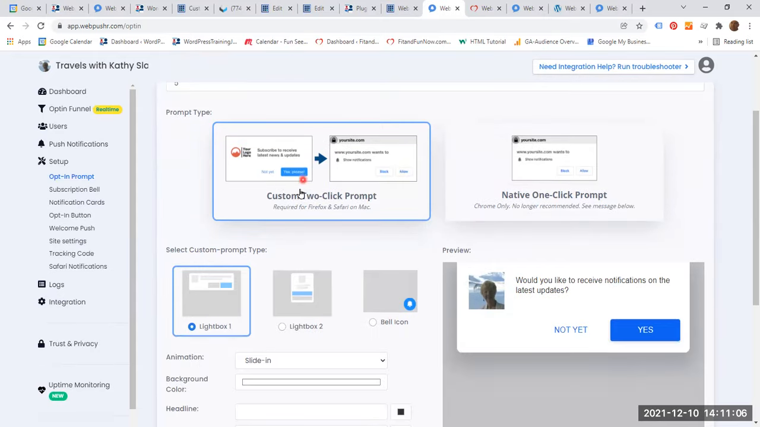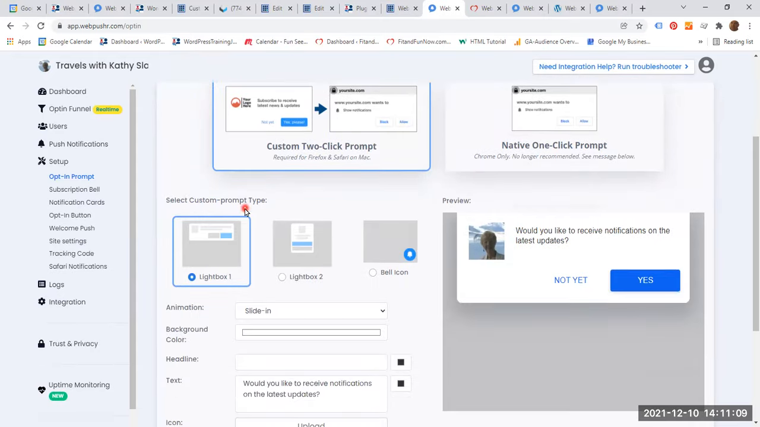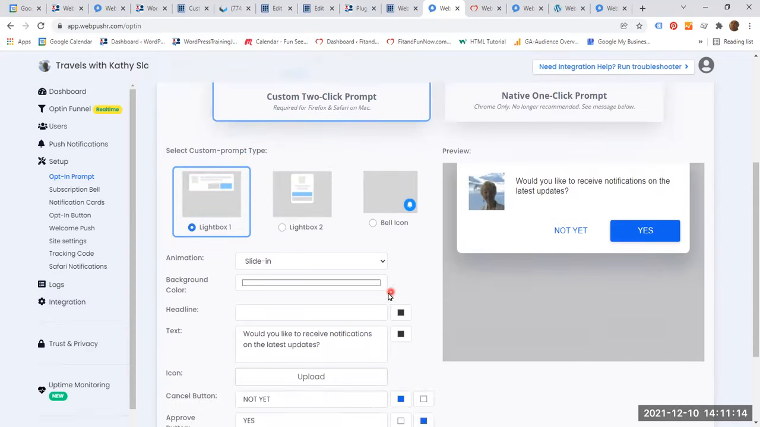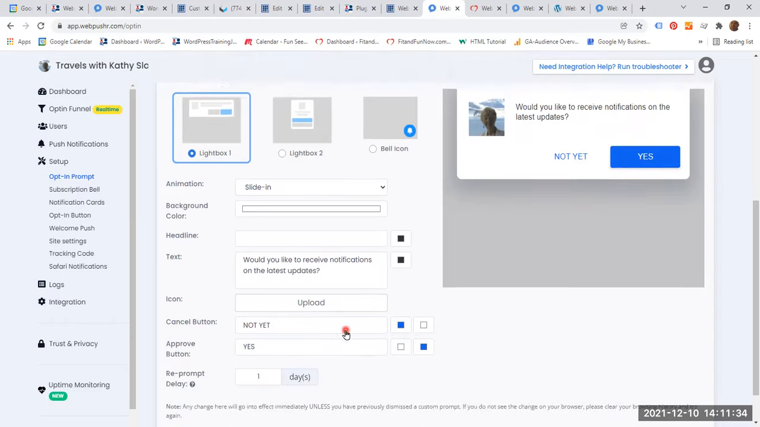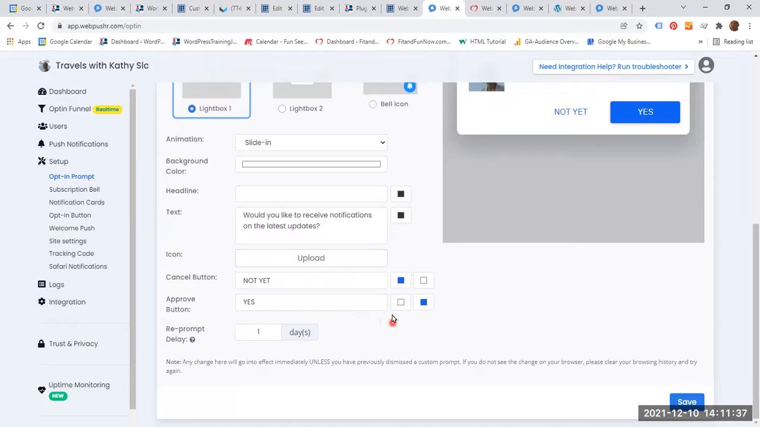Good. The prompt type, I am going to leave this as is. Select custom and prompt type, leave lightbox 1. And for your text, would you like to receive notifications on the latest updates? This is how this notification is going to display to your visitors. So the icon, would you like to receive notifications on the latest updates? You'll be able to change the text there. You can change the icon, and I would leave everything else as is by default and go ahead and click